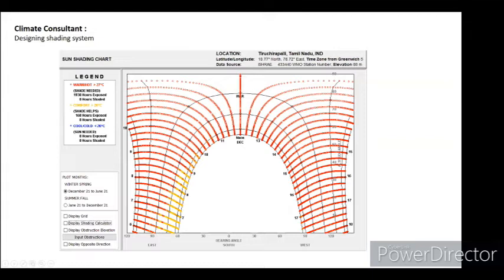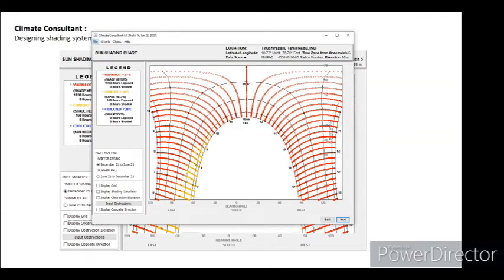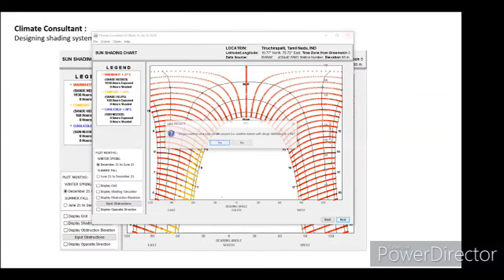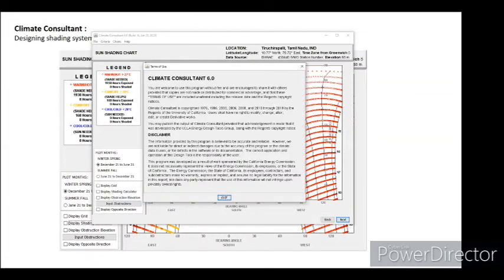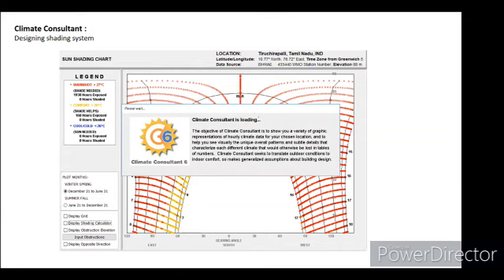Once you understand how this sun shading chart works, the next step is to design the shading system. To design a shading system, there is an amazing open source tool called Climate Consultant. I'll show you how to open it. I'll send the link to ma'am so that you can all use the software. So you open Climate Consultant,